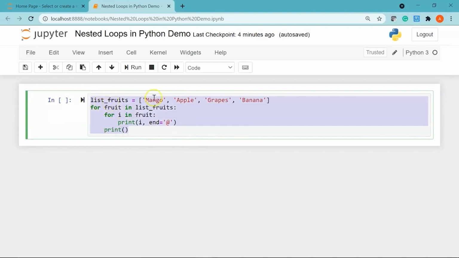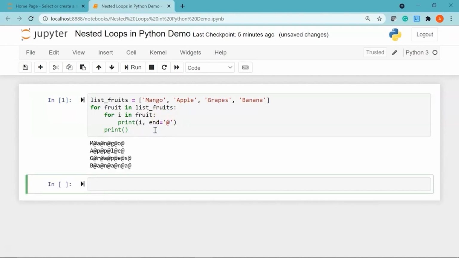So I want to iterate through all the items present in my list underscore fruits variable, and for each item in the list, I want to make sure that each letter in an item should be separated with the @ sign. So let me go ahead and print it so that you can see the result. There you go.